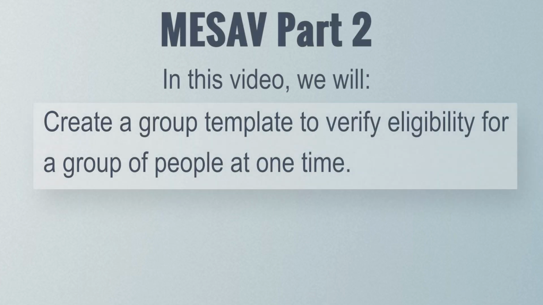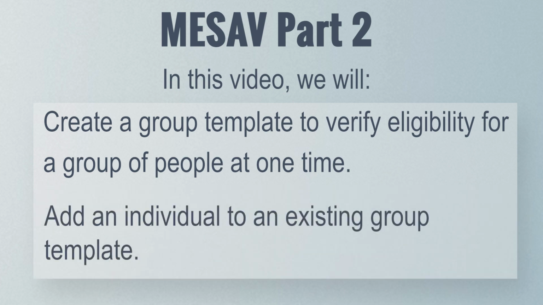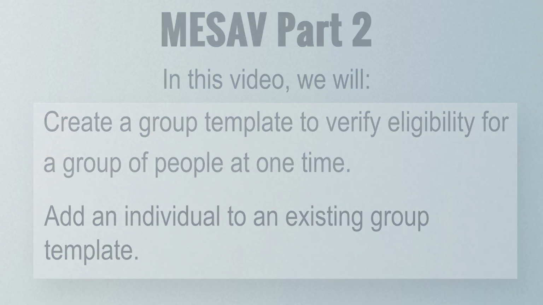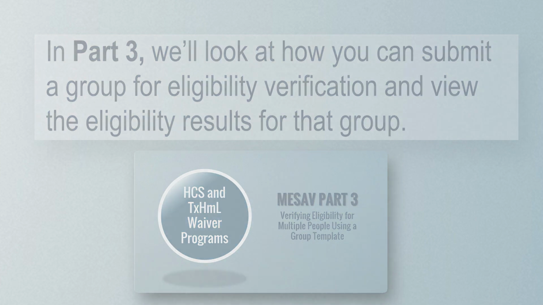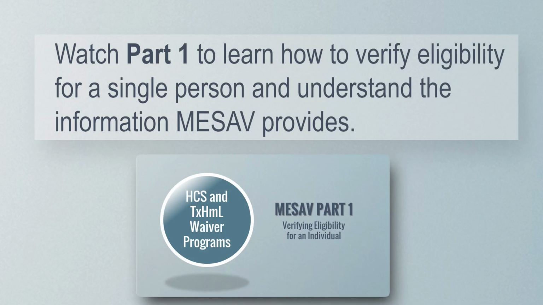In this video, we'll look at how to create a group template to verify eligibility for a group of people at one time, and how to add an individual to an existing group template. In Part 3, we'll look at how you can submit a group for eligibility verification and view the eligibility results for that group. Watch Part 1 to learn how to verify eligibility for a single person and understand the information